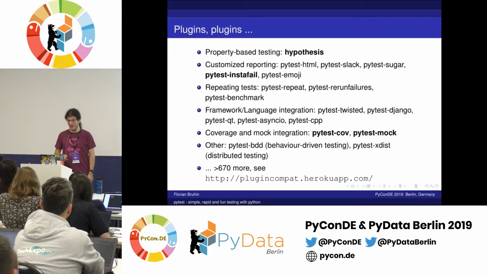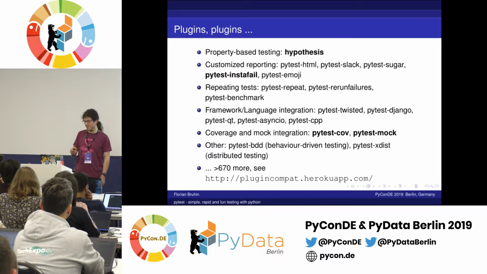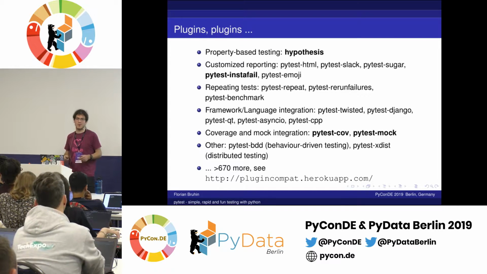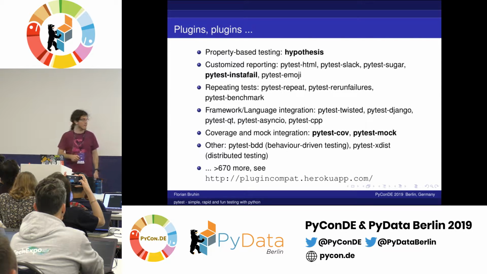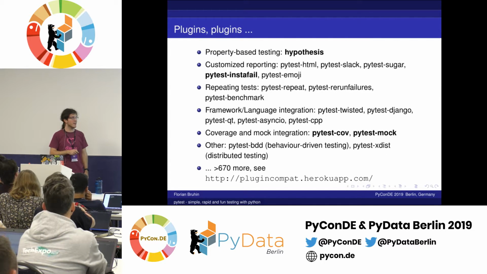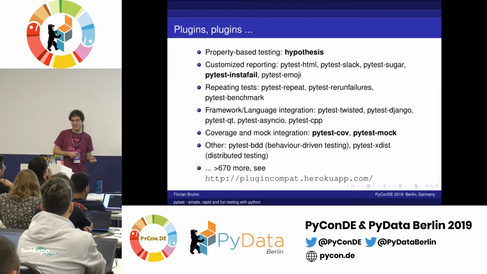One thing I also couldn't really cover are plugins. There are hundreds of them for whatever purpose you need, really. So if you use some framework, say Django, there's a plugin for it. Testing a Qt GUI application, sure, there's a plugin. Things like asyncio, Twisted, there are plugins. Even if you have JavaScript or C++ code and want to test them with PyTest, there's a plugin. So you see some kind of pattern there. There are lots of plugins, and if there isn't a plugin for whatever you want to do, it's really easy